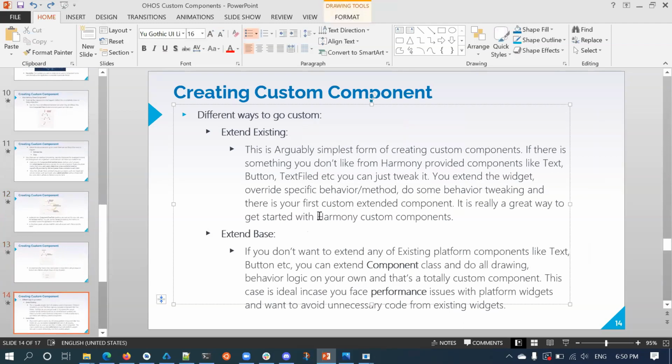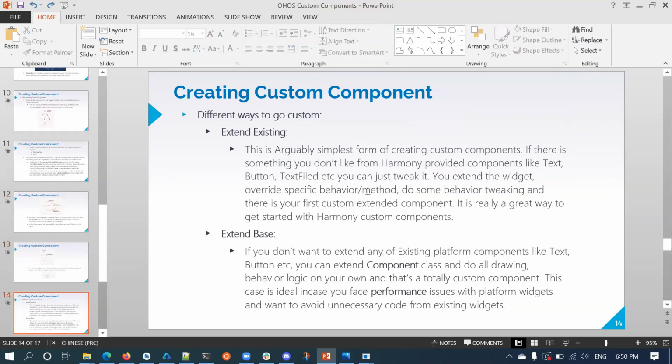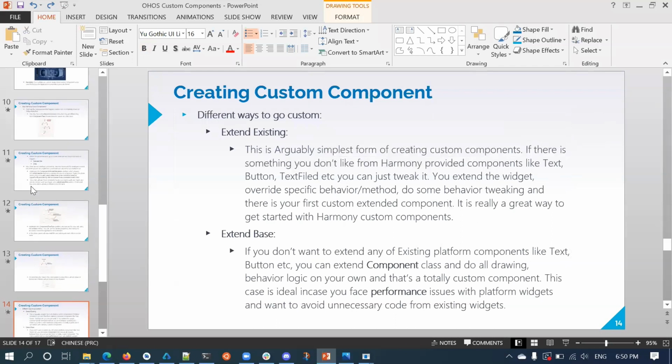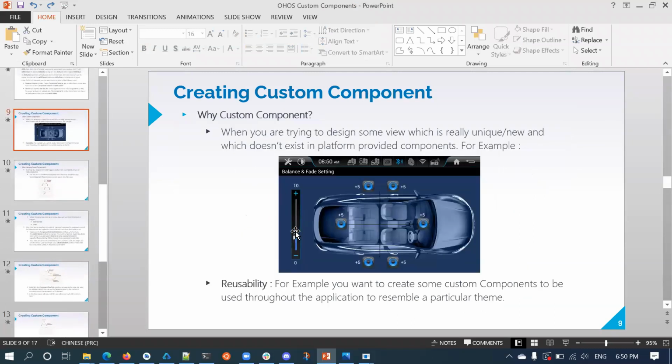Now, before going to hands-on, there are two different ways to create custom components. First, extend from existing widgets and components provided by the framework, like a text or button. This is the simplest form, I would say. Suppose you want to design some slider like this.